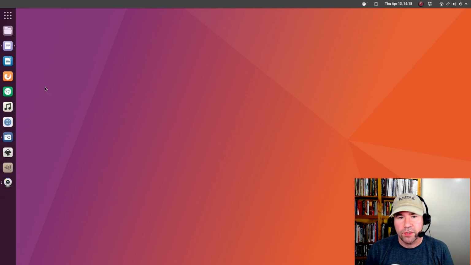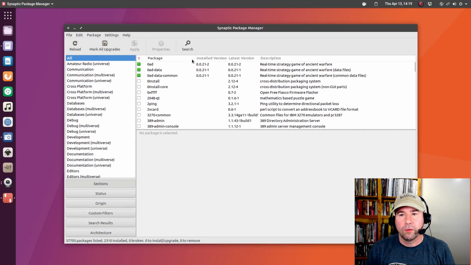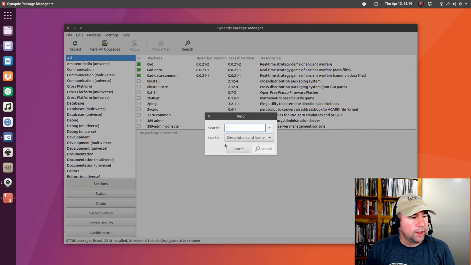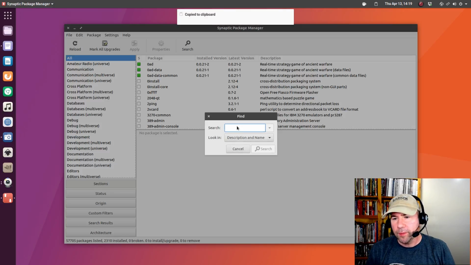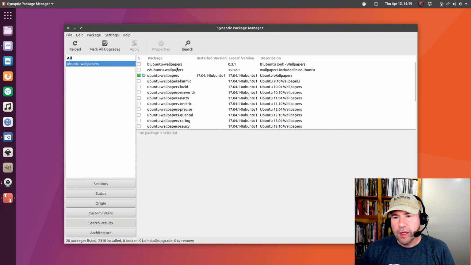I'm just copying from my notes over here for the wallpapers. Just search Ubuntu wallpapers, and you can see this Ubuntu wallpapers meta package that will get you the default Ubuntu